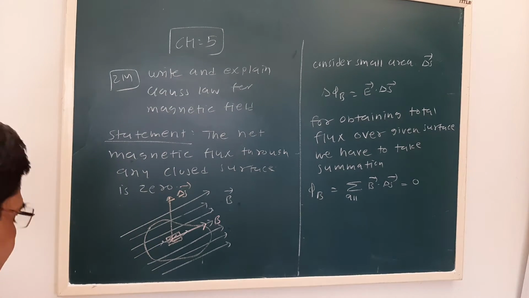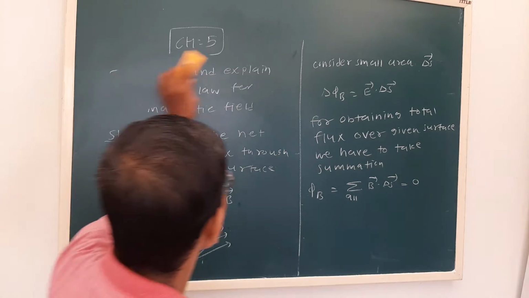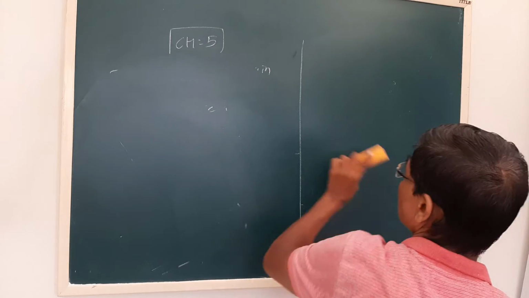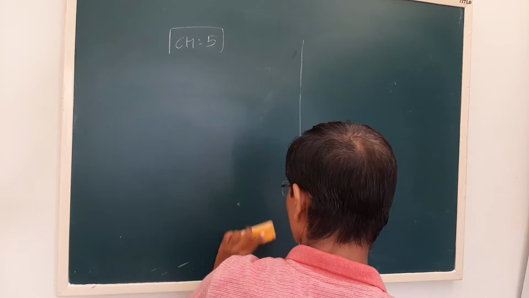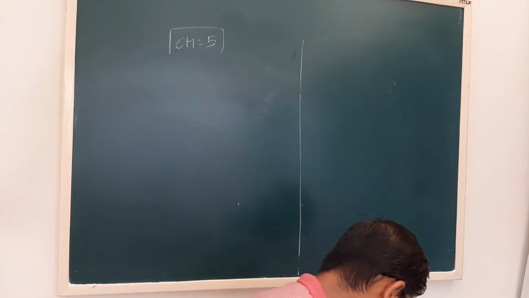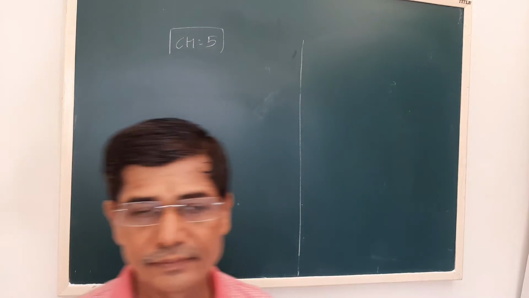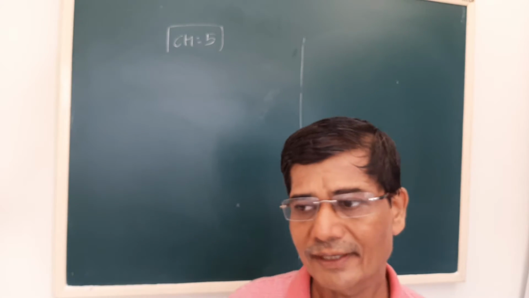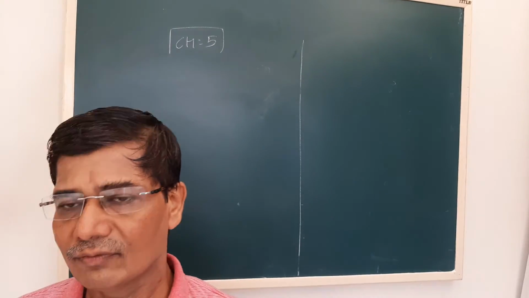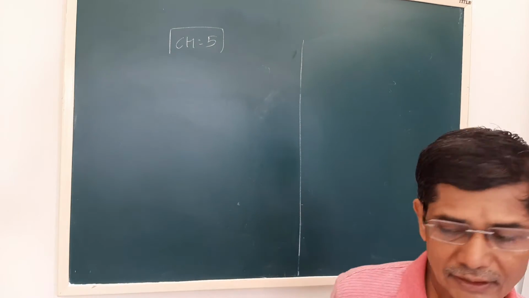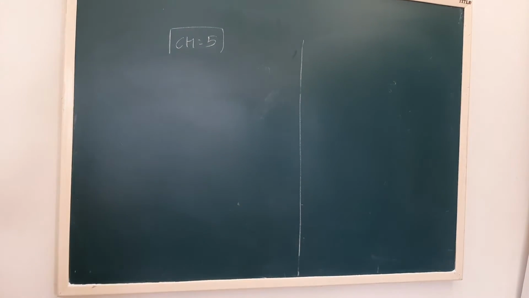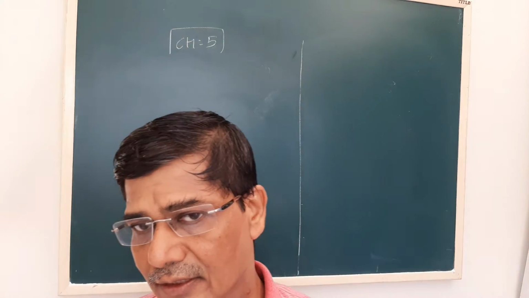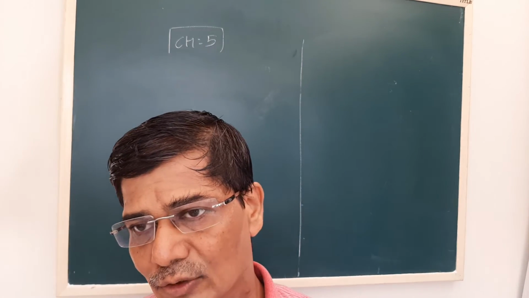Now see, our next topic is Earth's magnetism. Now the Earth's magnetic field, as such, the magnitude is very less. It is of the order of 10⁻⁵ Tesla. See, in our day-to-day life, we do not have that much significance. But whenever we have to go for a precise calculation, we have to take it into account.